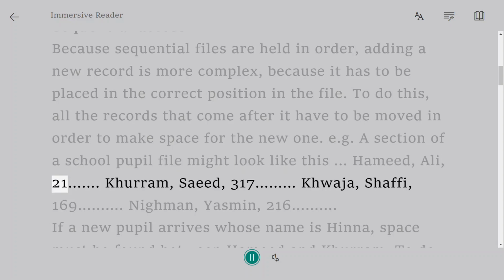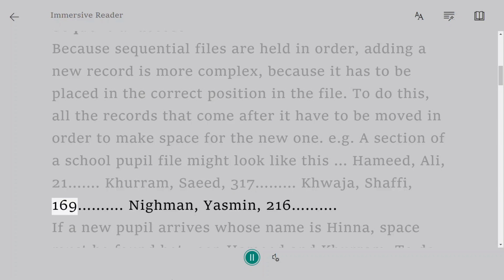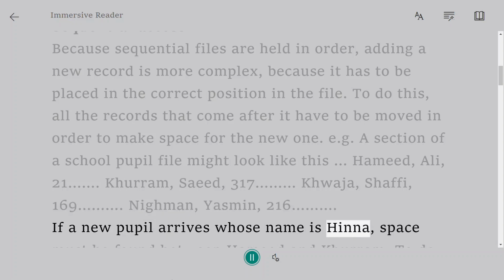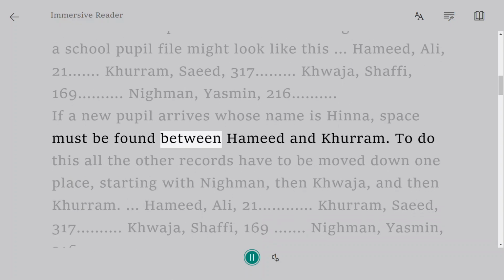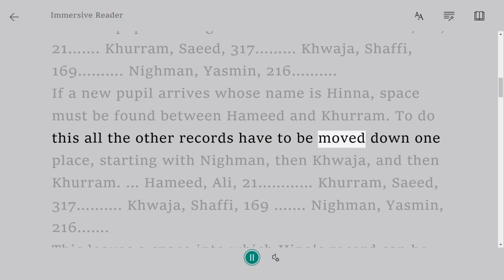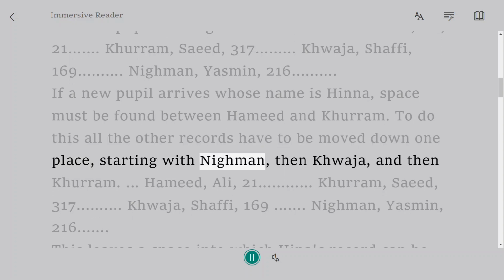Hameed, Ali, 21. Khurram, Saeed, 317. Khwaja, Shaffi, 169. Nighman, Yasmin, 216. If a new pupil arrives whose name is Hina, space must be found between Hameed and Khurram. To do this, all the other records have to be moved down one place, starting with Nighman, then Khwaja, and